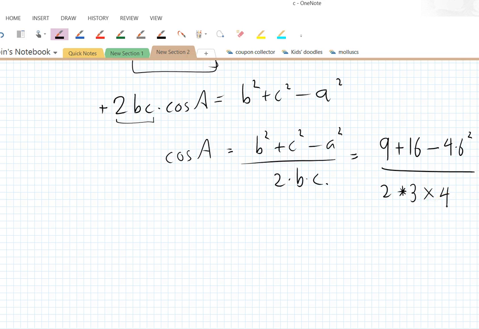So the bottom is 24, isn't it? Because 2 3s are 6 times 4 is 24. And here we've got 9 plus 16 is 25 minus